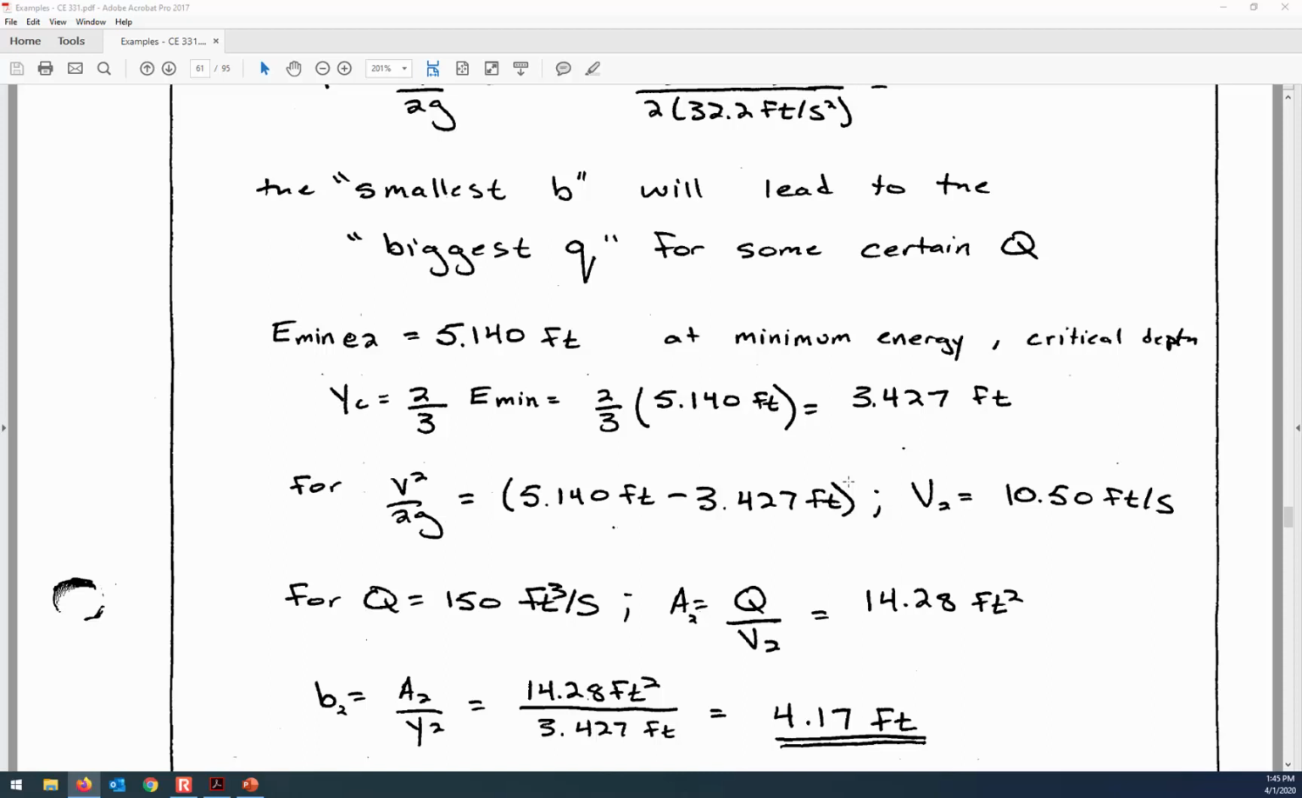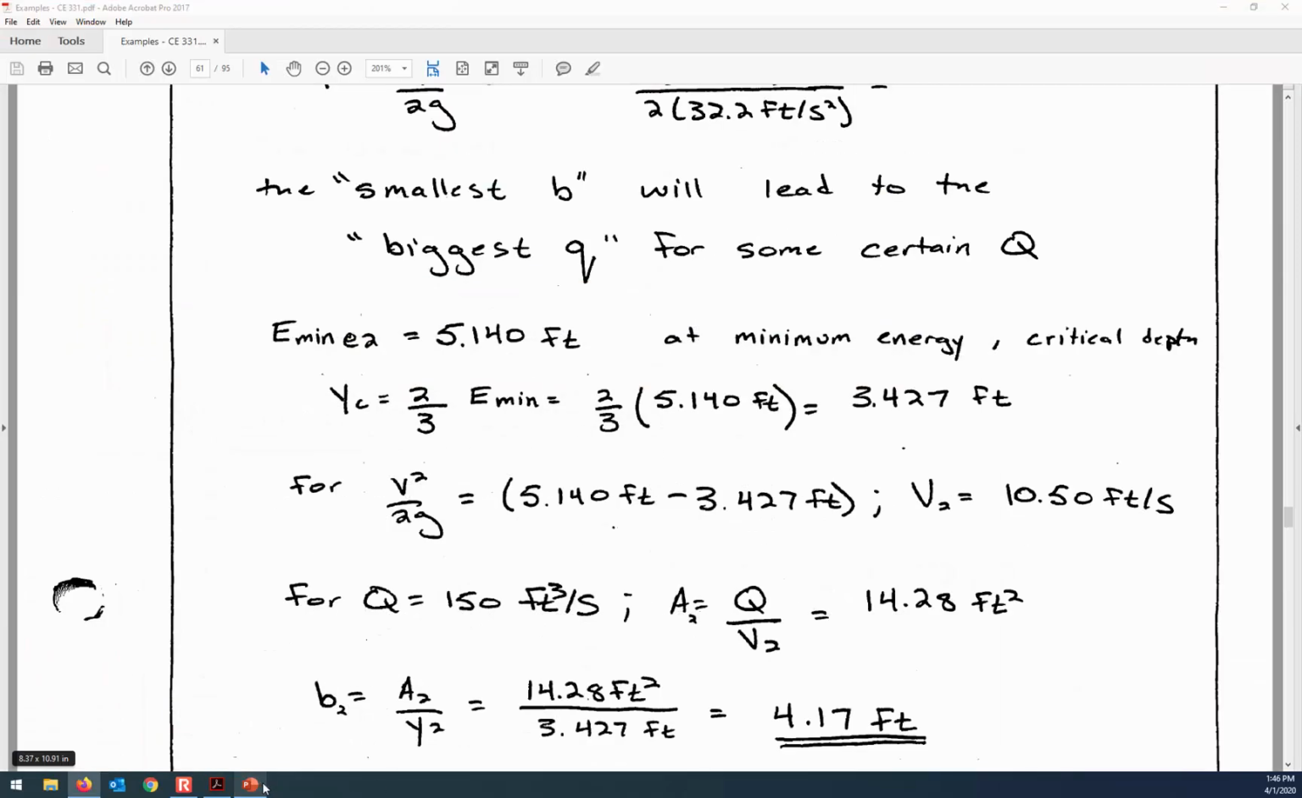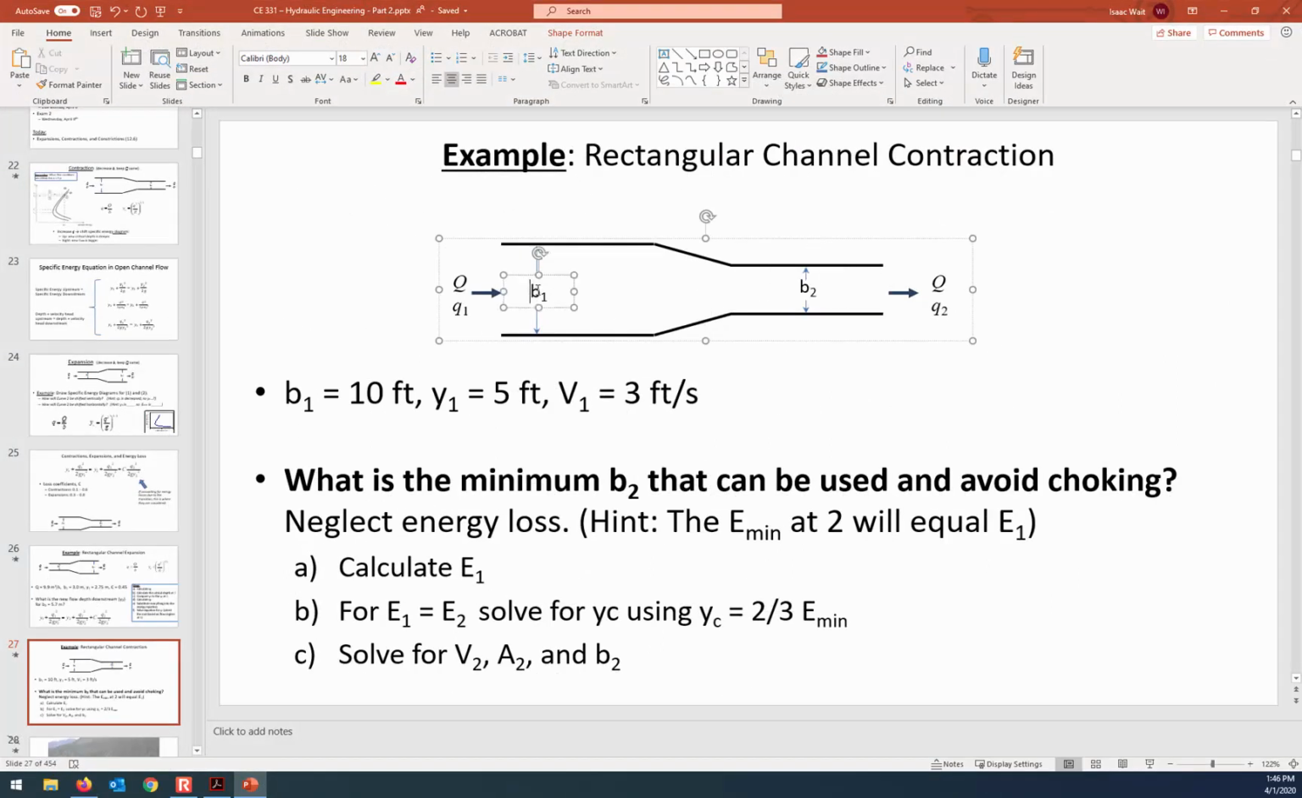So let's say that you solved this problem over and over again, iteratively. If you made the channel width start at 10, and then went 10 here and 9 there, you could find out the new depth. Or if you said 10 here and 8 there, you'd find the new depth. You could keep going, but as soon as you made the channel narrower downstream than 4.17,